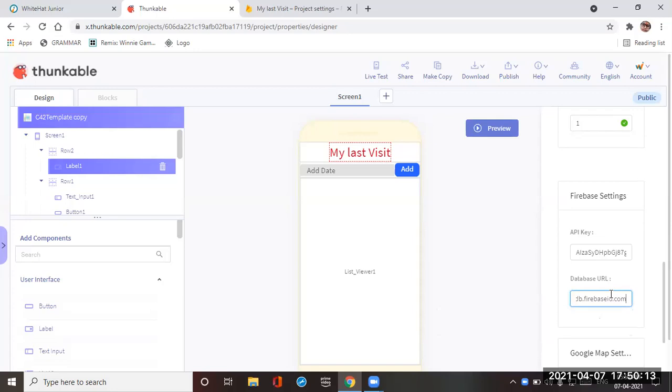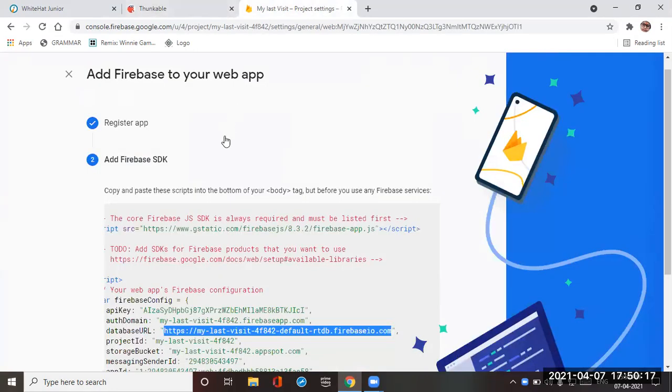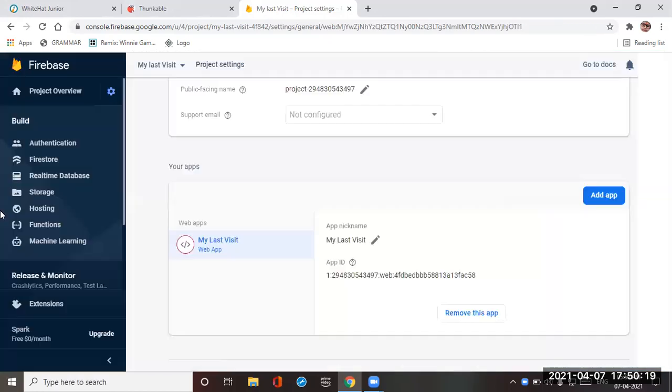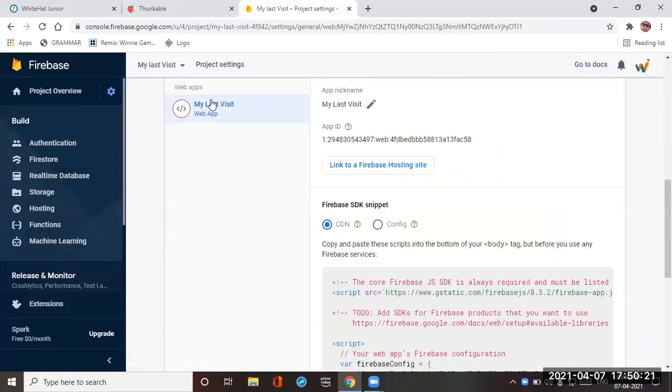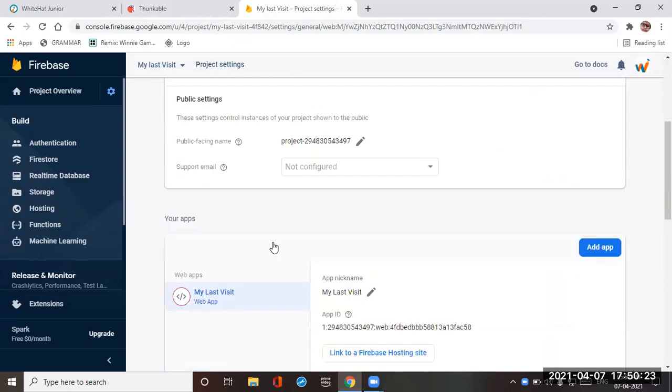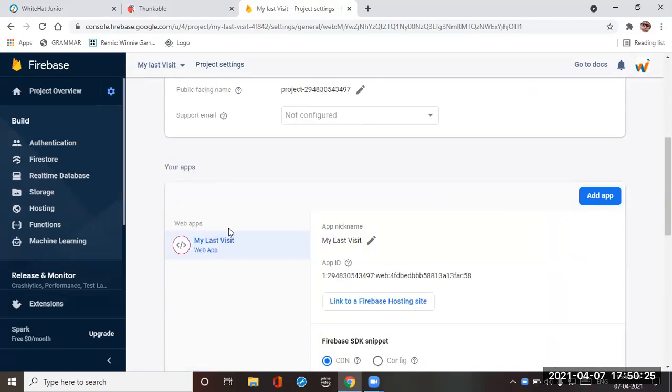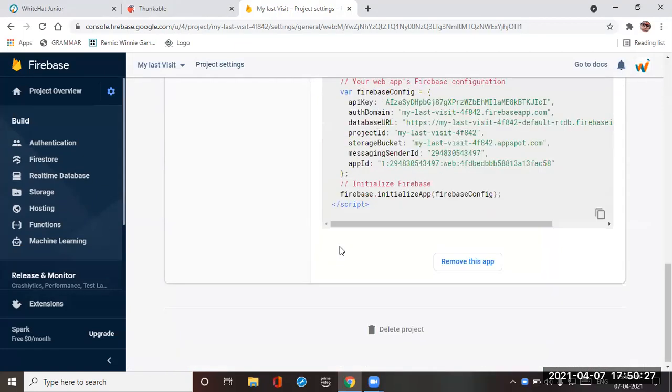Paste it over here. Now click on the option continue to console, and you can see my last visit web app is connected. Here in your apps you can see web apps, it's connected. You can also remove this app and delete the project.